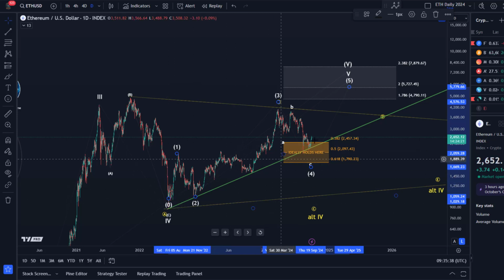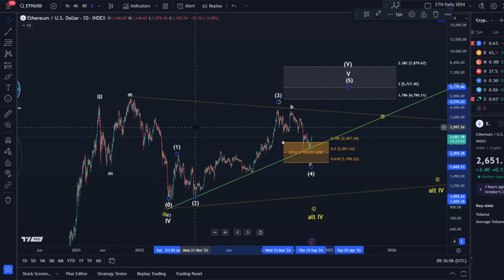Many problems with this chart that I discussed before. The biggest one is that this is a diagonal pattern at best, and I don't like the proportions of it. One main issue is that the fifth wave would have to be extended to really get to an all-time high. All of that is problematic, so it gives me little confidence about this chart. But still, we're holding support, so we're still watching for higher. I'm a bit worried, but for now we're holding support.